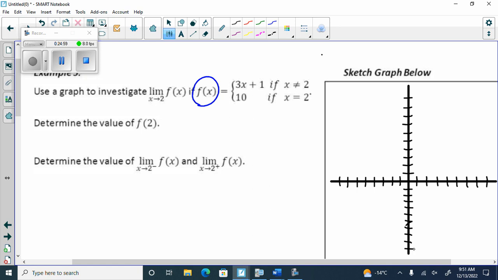What I always want to know to help myself out is, for example, the first one says 3x plus 1, but it can't equal 2. So I need to draw an open point there, correct? I still find the value. So I'm going to go 3x plus 1, but I'm going to fill in f of 2. People will say, but it doesn't equal that. That's great. I'm going to fill it in, and then do an open dot there. So 3 times 2 plus 1 actually equals 7. So at 2 and 7,